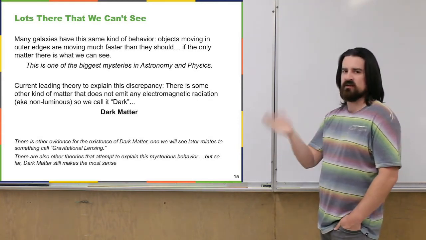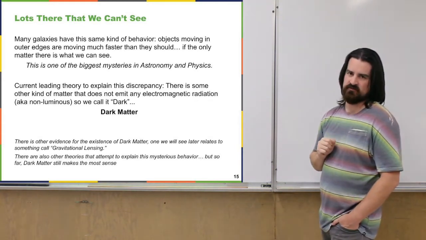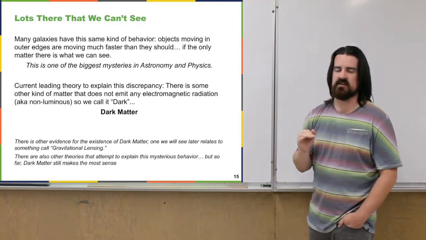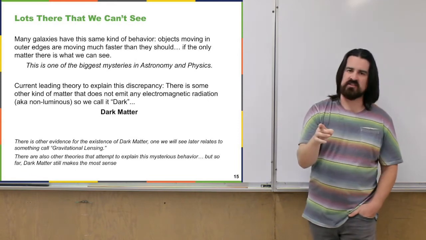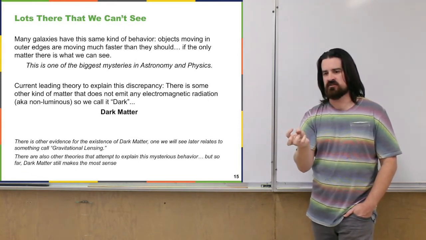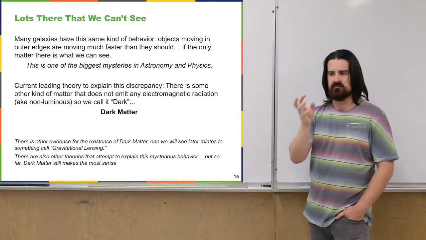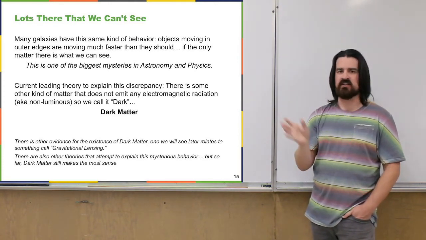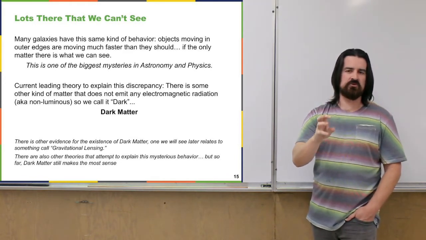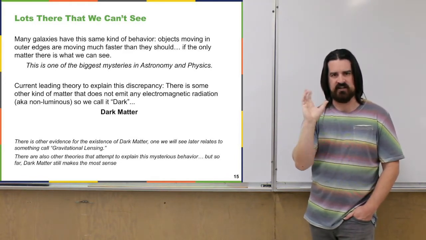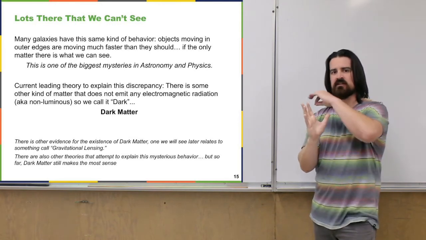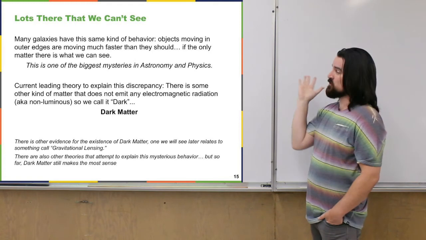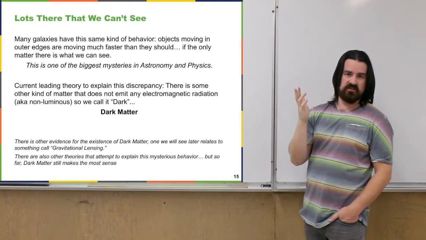We observe it through its gravitational effects on the other matter that we do see. And this is not just our galaxy. Many galaxies have this same kind of behavior, where if we look at a galaxy, we estimate how much mass there is based on all the matter that we can see, meaning all the luminous matter, the matter that is emitting electromagnetic radiation of any kind. It's not enough mass to account for the rotation of that galaxy, particularly how fast things are moving towards the edge of that galaxy. It's currently one of the biggest mysteries in astronomy and physics.